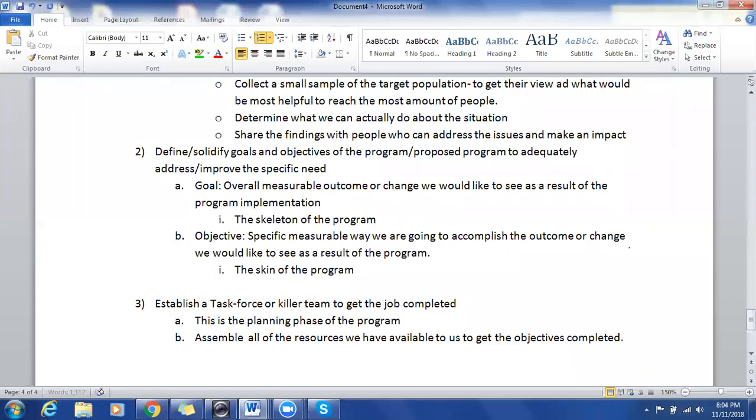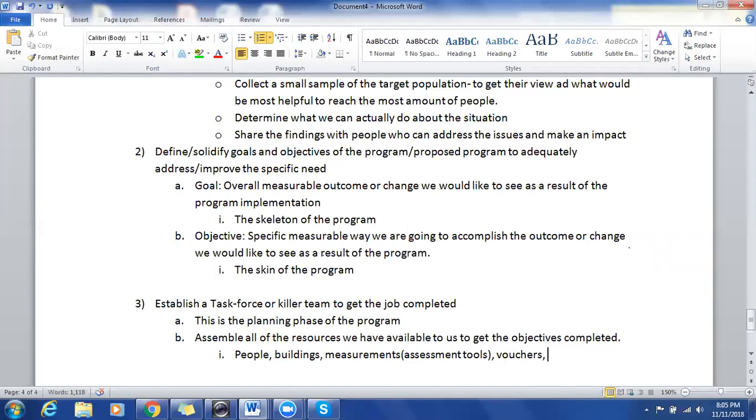So I don't know if you've ever seen the Transformers movies or anything like that, but when it's game time, they all get together and they're like, "Yup, time to defeat this Decepticon." So what this actually looks like could be in the form of people, buildings, measurements, or assessment tools, vouchers, like if you're going to give incentives, transportation, if you want to get that as a barrier not met, volunteers to get things done, as well as